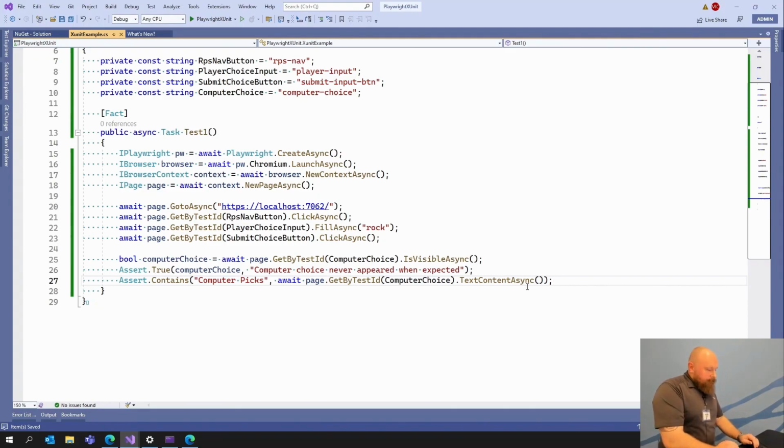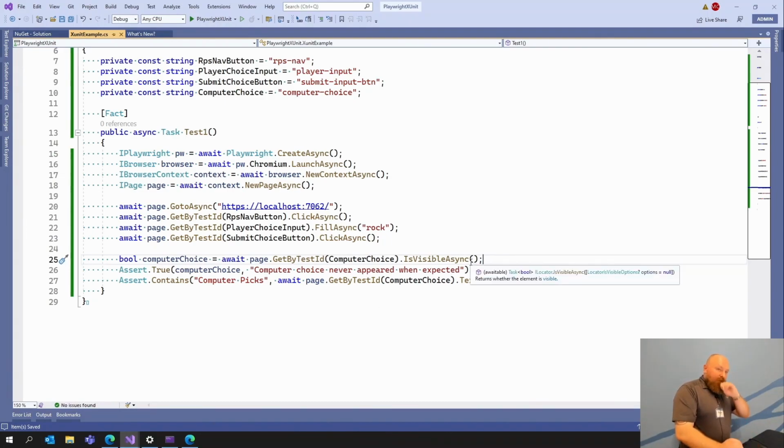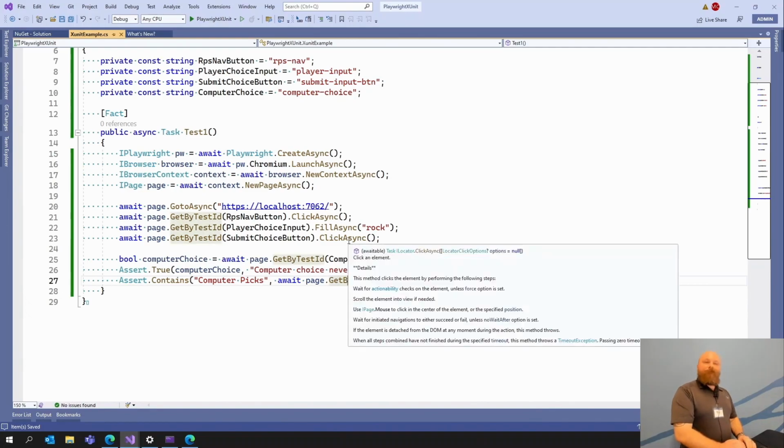Your line 25. So sorry, in line 27, you replace the await page get by ID computer choice with computer choice. Oh wait, it is visible. Sorry. No, you're fine. Get by ID twice there. You could call it on 25 or